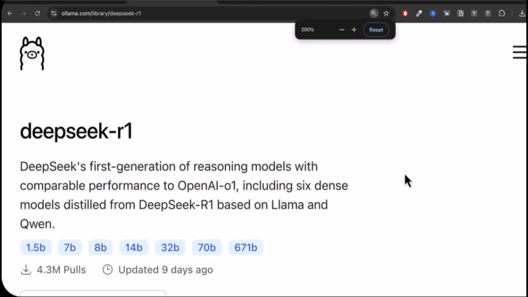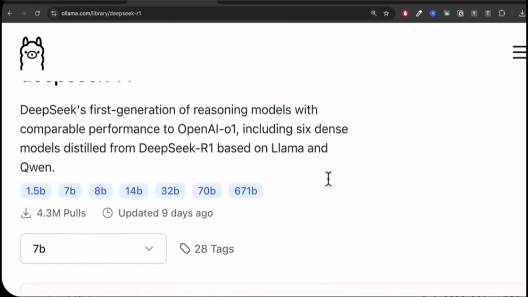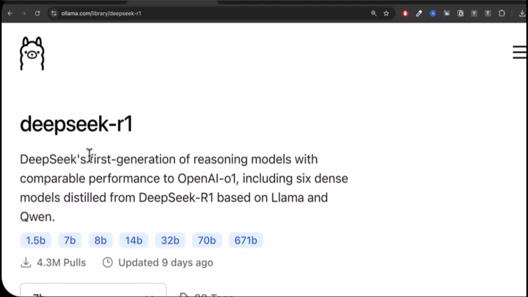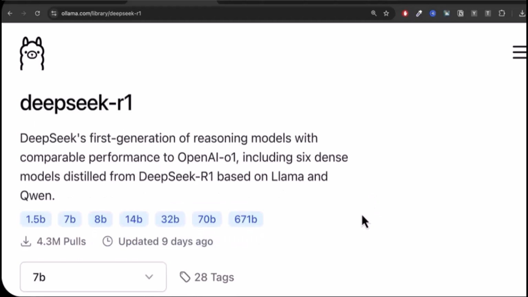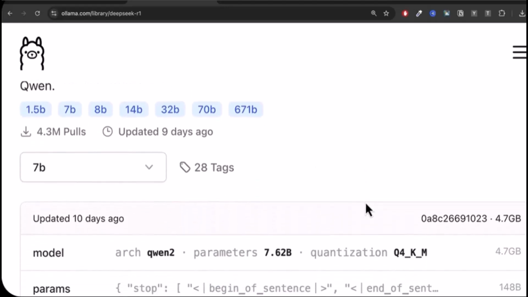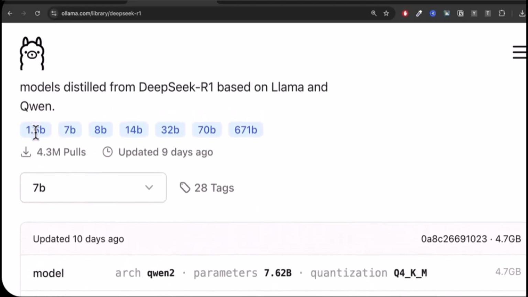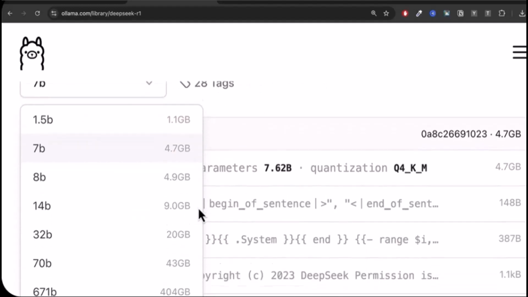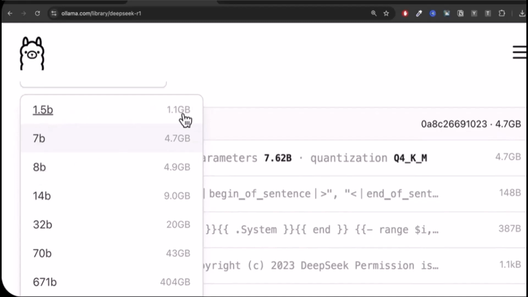When you come here, you can see it talks about this model. DeepSeek's first generation of reasoning models with comparable performance to OpenAI o1, including six dense models distilled from DeepSeek R1 based on Llama and Qwen. So here we have 1.5 billion. If you click here, you can see all these different flavors that you will have. Right at the bottom, you have